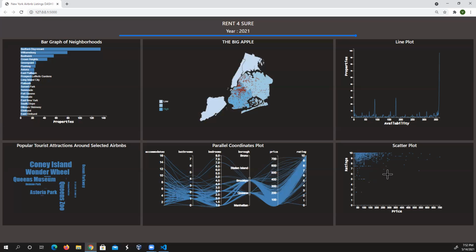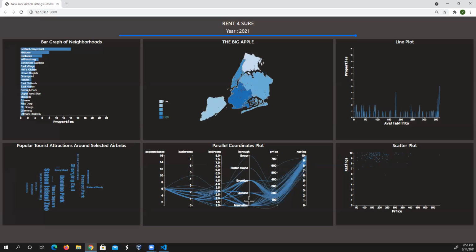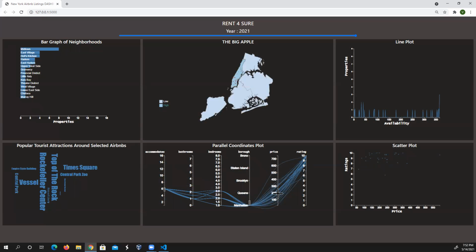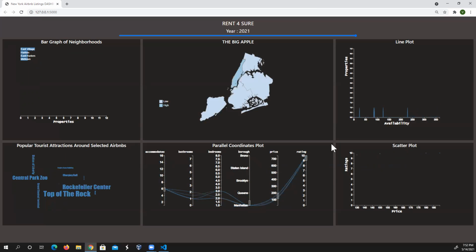Then also, let's go back to what we started with in the beginning of the video, where we wanted to picture that we are with a group of 6 friends and we are visiting New York City. Let's say you want to stay in Manhattan, the budget is 100 to 200 and the rating is 9 to 10. So these are the properties available. The average price is 157 and these are the places that we can visit.